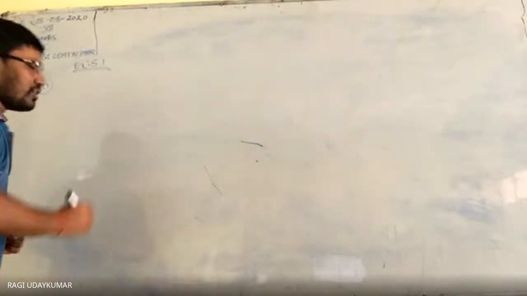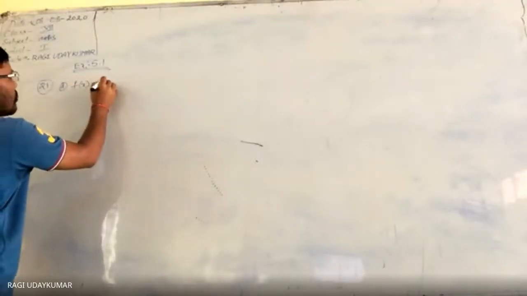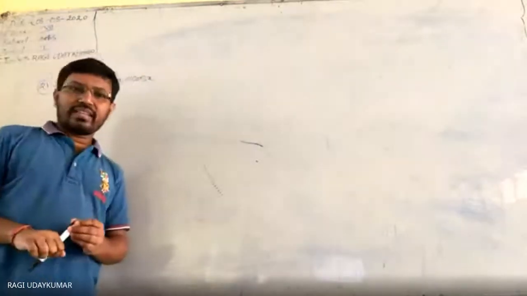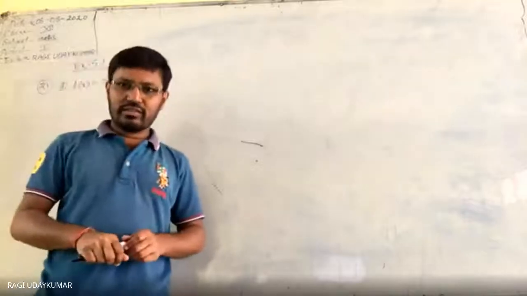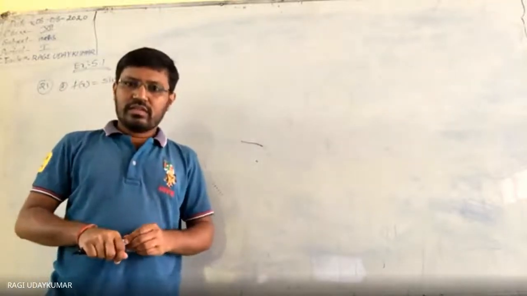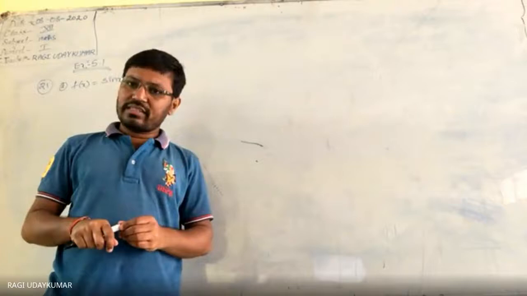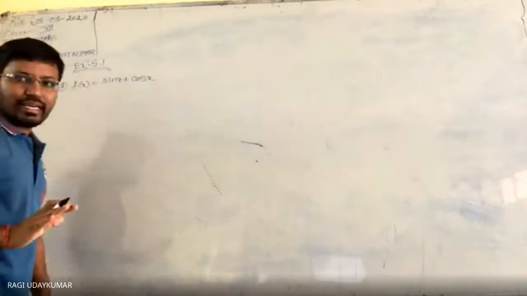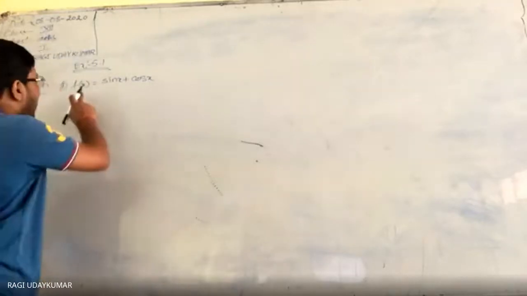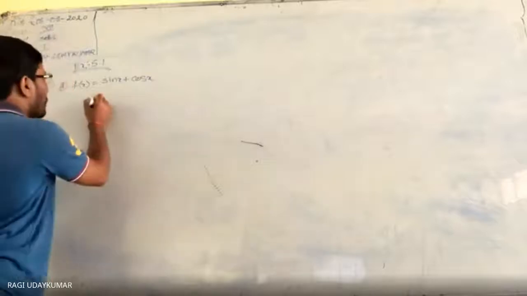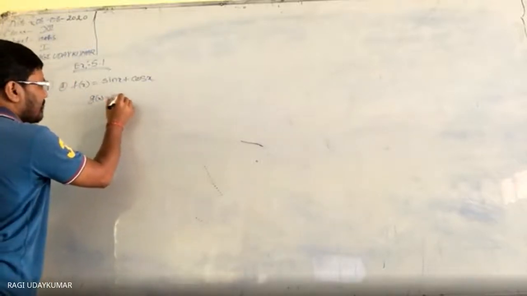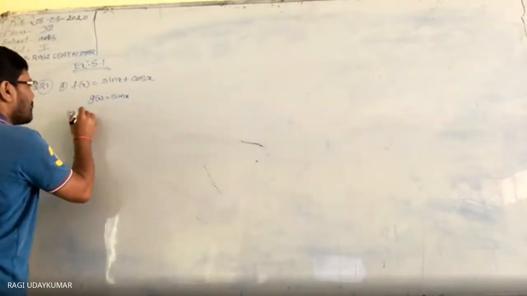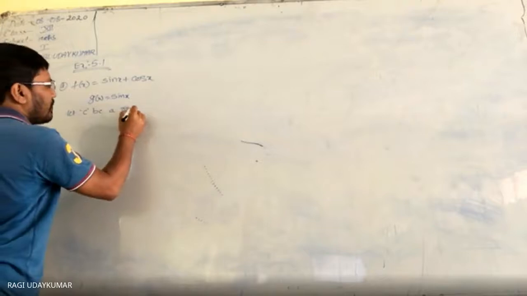See, the first function is given: f of x is equal to sin x plus cos x. So, is sin x a continuous function or not? Sin x is a continuous function, because if you take the function individually, f of x is given, you consider g of x is equal to sin x. Here let c be a real number.